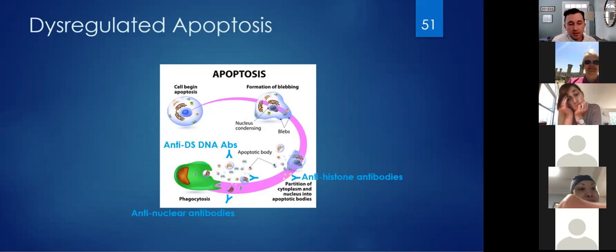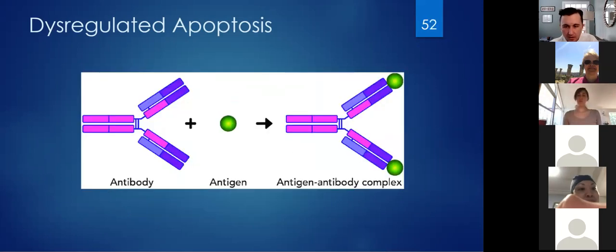So anti-nuclear antibody, the anti-double-stranded DNA antibody, anti-histone antibody. Histone helps hold DNA together. So all these antibodies that we test for all the time without really thinking about what they're doing, these are just where within a lupus patient, they are recognizing these apoptotic blebs as foreign material and therefore producing antibodies against their own DNA, okay?